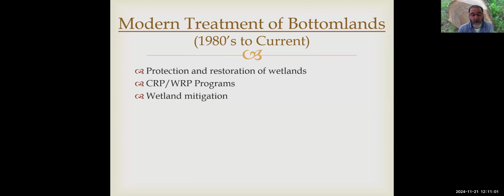Early on, we didn't really know what we were doing. This was 50 years ago. It had a lot of failures, but we've come a long way, and I'll share some techniques with you as we're going along. And then more recently, of course, they're used for wetland mitigation. If a Fortune 500 company wants to come in and develop a new manufacturing plant, they might gobble up some wetland. In the process, they can offset that through wetland mitigation. So a lot of focus on wetlands and bottomlands,